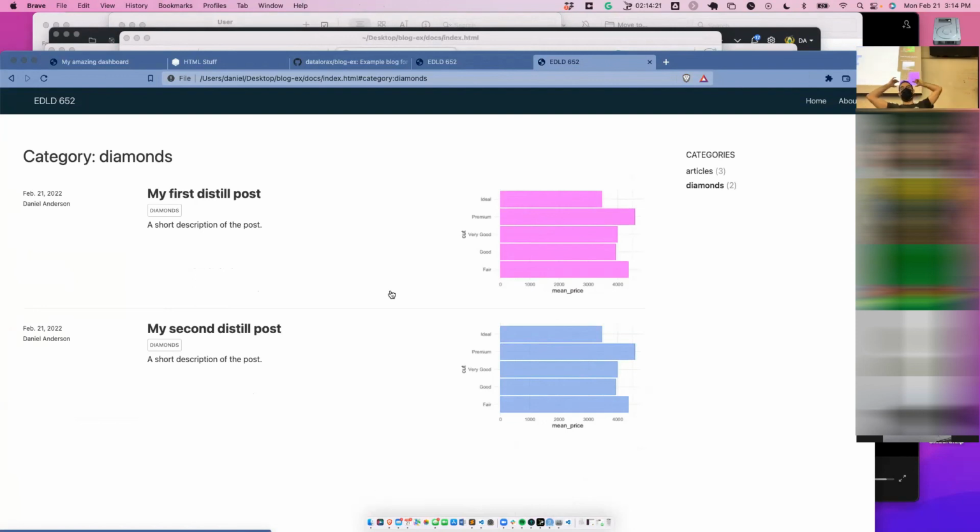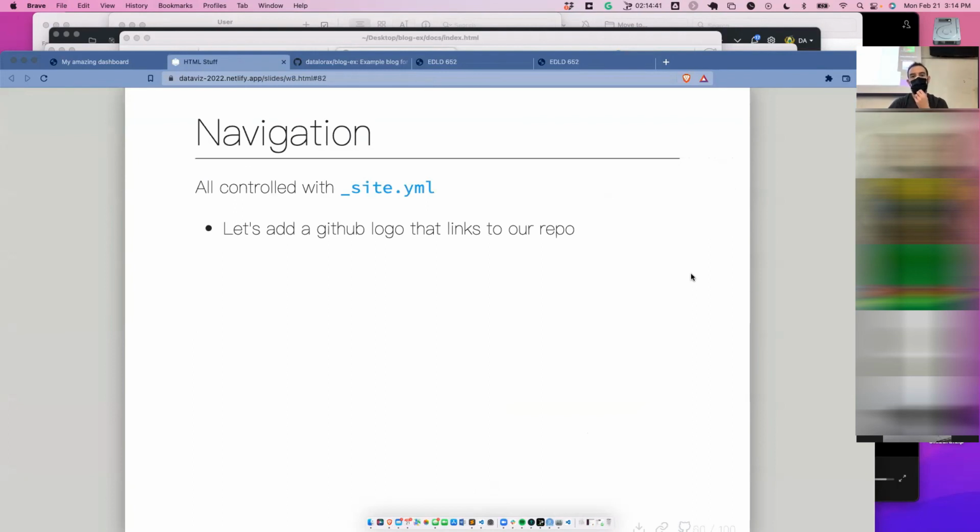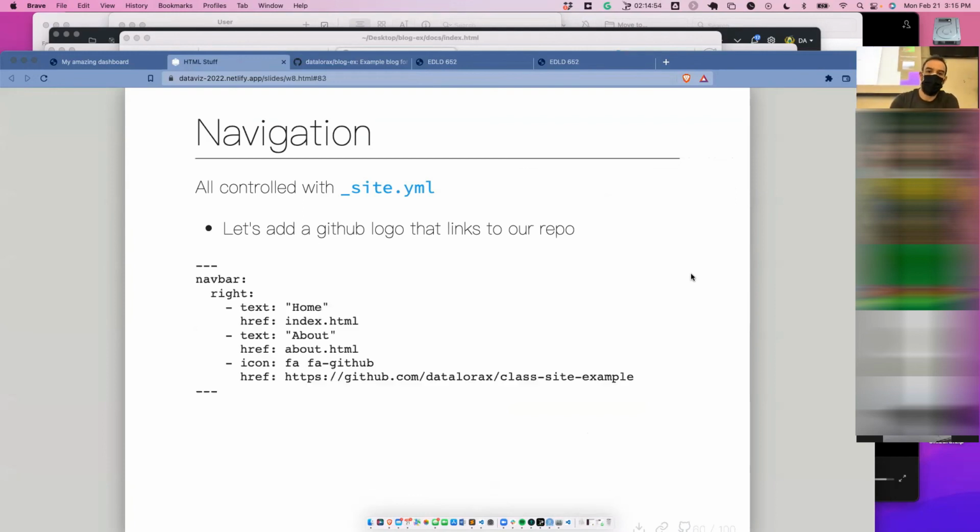So for example, in my own personal blog, I have keywords like data viz, and I have ones like statistics or machine learning, whatever I'm doing. Okay, so it's just a way to help you keep your posts organized. All right, navigation. One of the things I really like to see in websites is a link to the source code. Okay, so for us, the source code is always going to be our GitHub repo, right? So what we can do is just